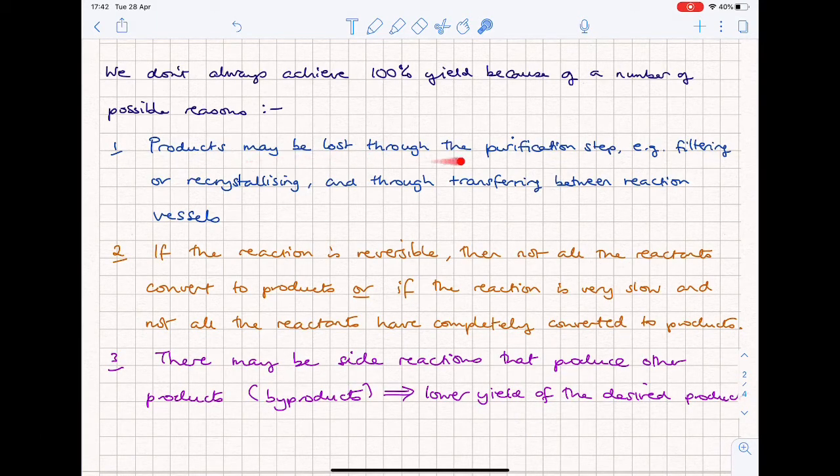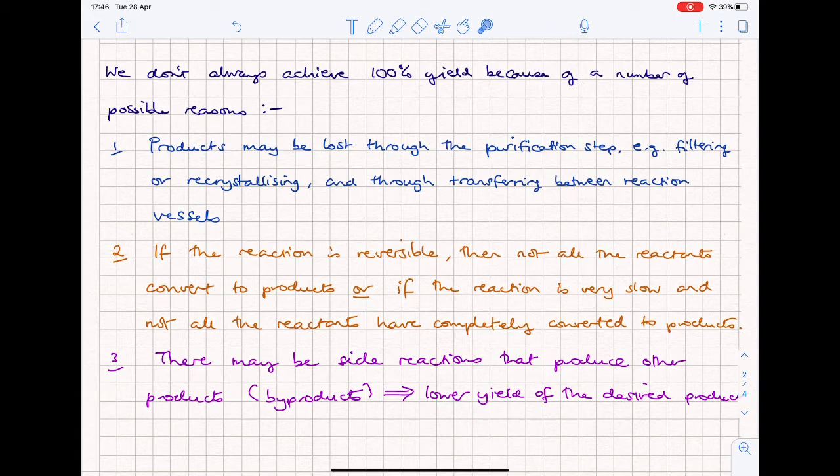So you may leave some product in the filter paper, or you may find that not all the product's been distilled away from the mixture and so on. And crystallizing is a purification method we're going to look at in the second year, so don't worry about this too much now. And you can also get product being lost if you transfer from one